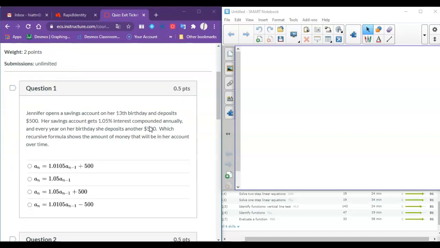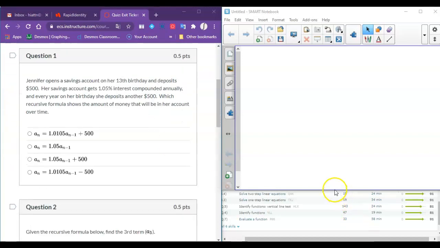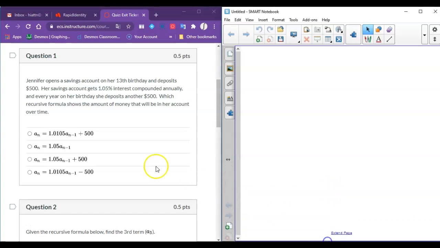Okay, yesterday I promised that I would send out a video working out these problems right here so that you could fix any of them that you missed. However, I forgot to do that. So I'm going to work out these problems from this exit ticket from yesterday, and if you did not make a 2 out of 2, you can go back and fix those. I'll extend the deadline so that it won't count off for that because it's my fault that I forgot to